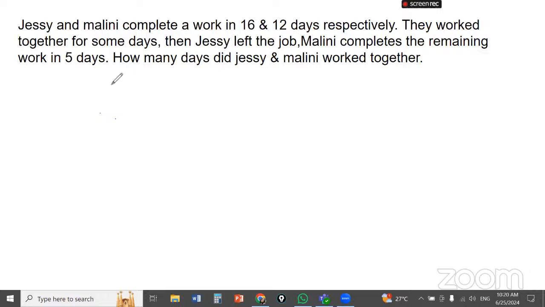So Jesse and Malini complete a work in 16 days and 12 days. The total work that has to be completed is the LCM, which is 48. They have to complete 48 units of work. Now, one day's work for Jesse and then Malini. Jesse's one day work will be 48 upon 16, that's 3. And then,